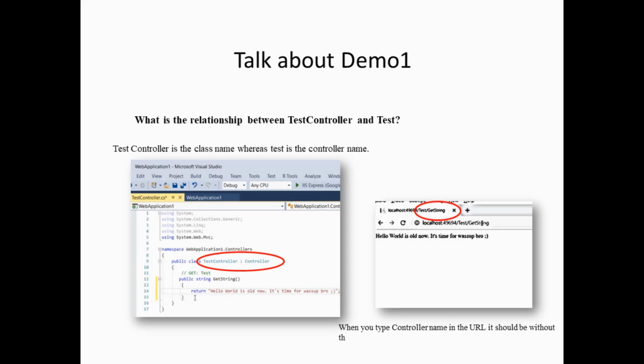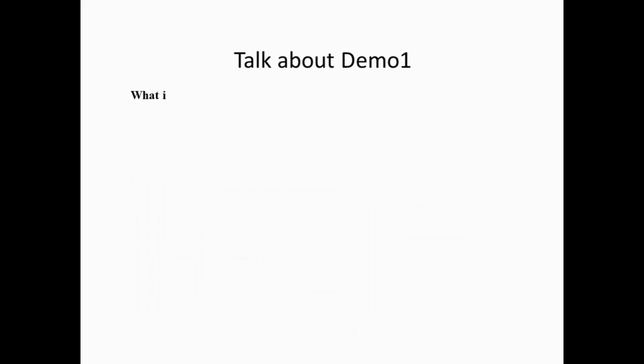Next, what is an action method? An action method is simply a public method in a controller which accepts the user's request and returns some response.